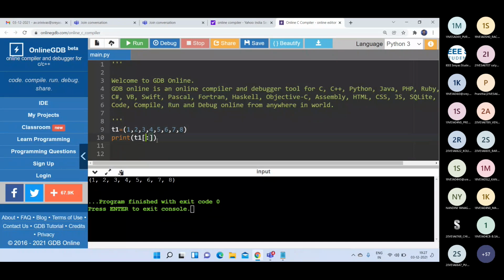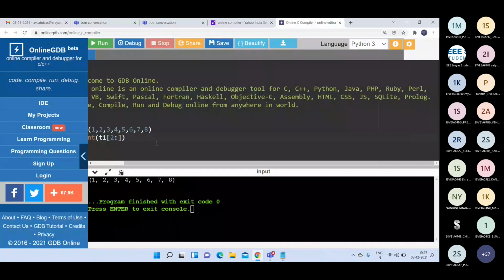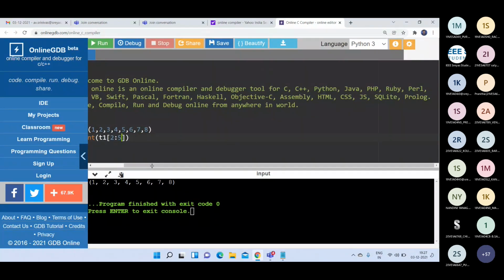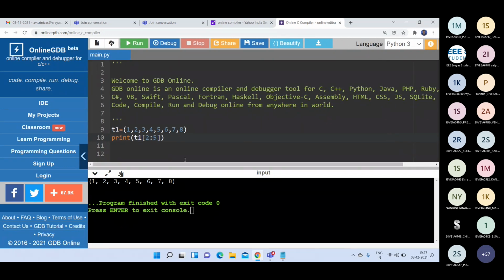If I write 2 as the starting value and 5 as the ending value, then it starts from index 2. That means 0 1 2, starts from 3 up to 4. That means we will get 3 4 5. See here, you will get 3 4 5 here. Okay,